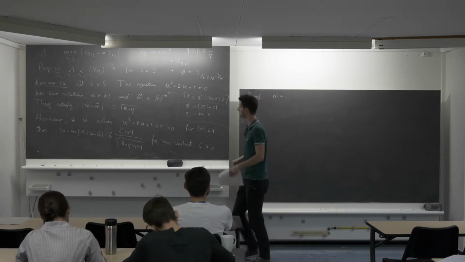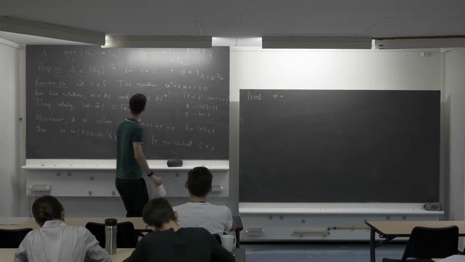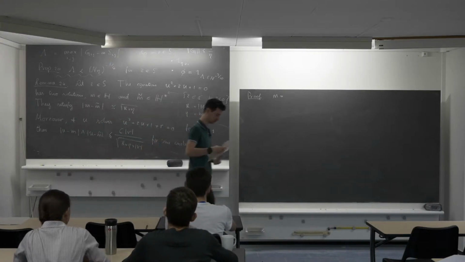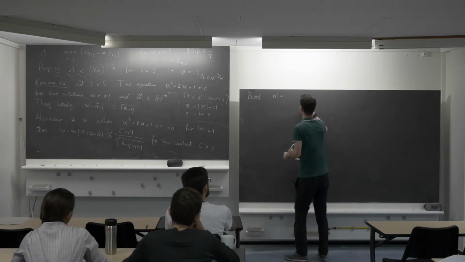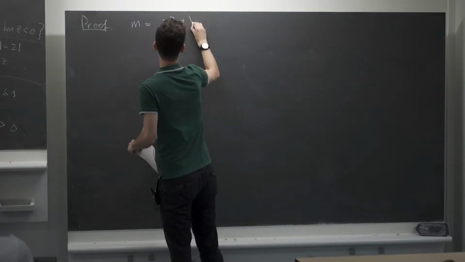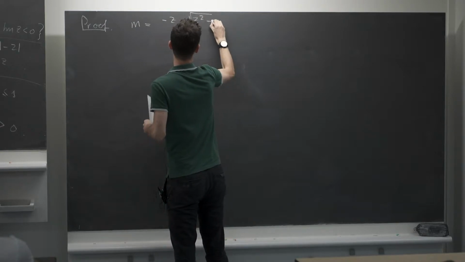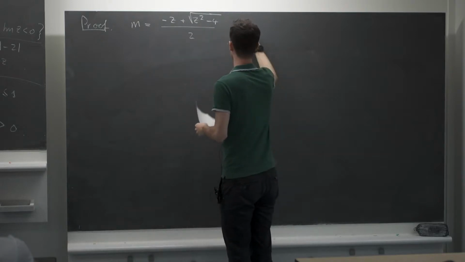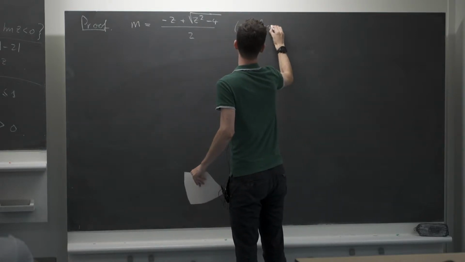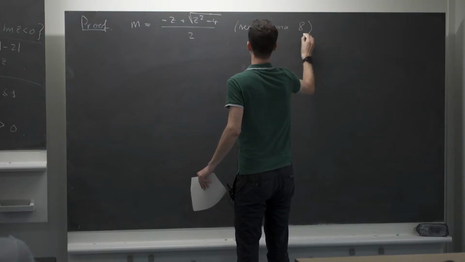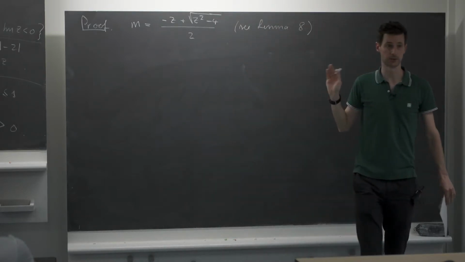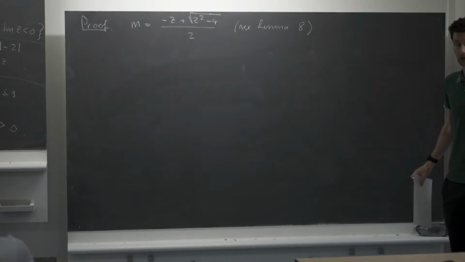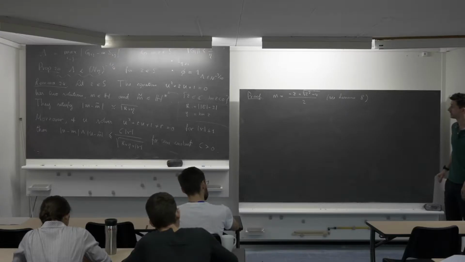So take this equation, this one. Let me first prove the first statement. Take this equation and solve it. Well, you use the usual formula for solving a quadratic equation, and you get the formula which we already know. Now, there's only one thing that's a bit tricky in this argument, is that you have to deal with square roots of complex numbers. And that's the only thing that makes it a bit difficult.